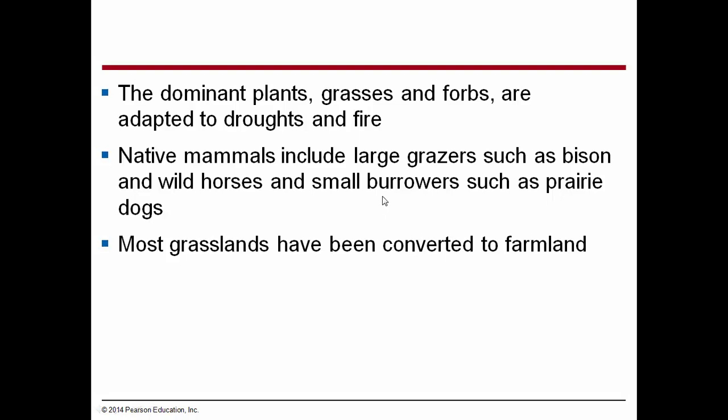The dominant plants, grasses and forbs, are adapted to droughts and fire. Native animals include large grazers such as bison and wild horses, and small burrowers such as prairie dogs. Most grasslands have been converted to farmland. Okay, prairie is prime farmland here in the United States. It's where you grow wheat and sugar beets in North Dakota, and there's all those